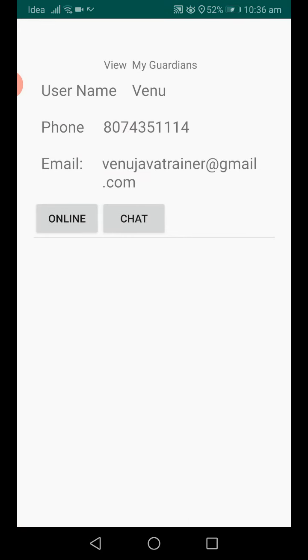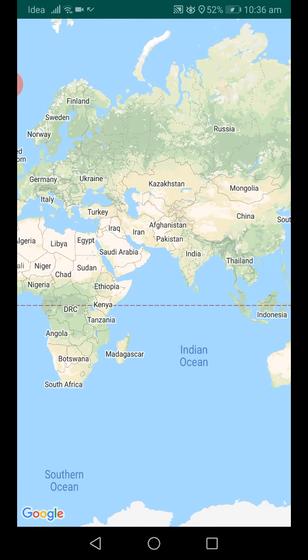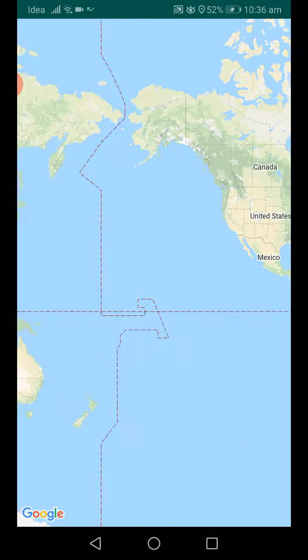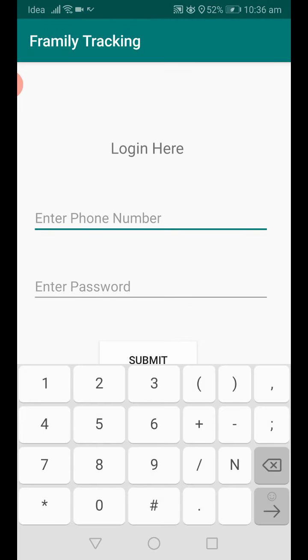In view my guardians, I'm giving online to some particular people. Look, is Venu trying to track my location or not? For tracking, all the users need to be logged in with this application.